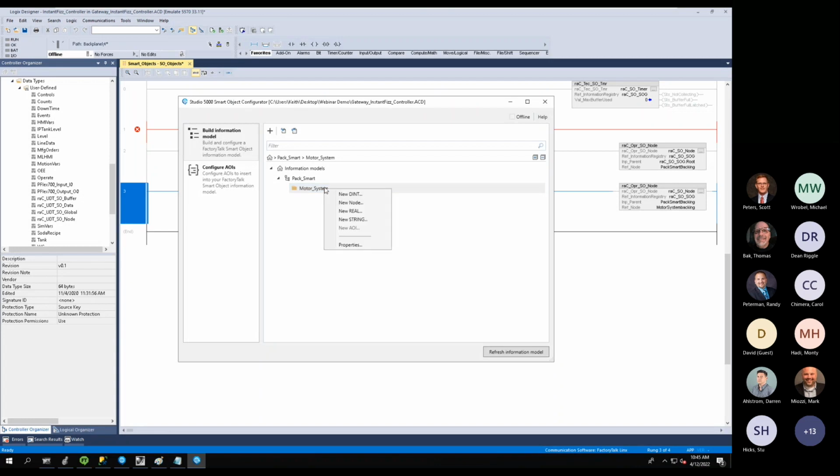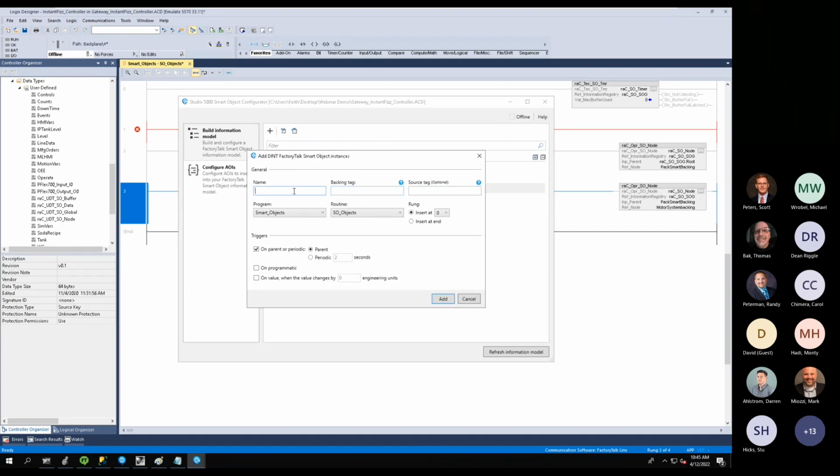So what I'm going to do here, I'm just going to keep it very simple. So right now in the smart objects, there's a DINT, and you can actually do another node on top of it where I talked about stacking the combinations. You could do a real value or a string currently. So what I'm going to do is simple. I'm just going to do a DINT, which is that motor temp that I selected. So I'm just going to call this temperature motor 123 underscore temp, motor temp